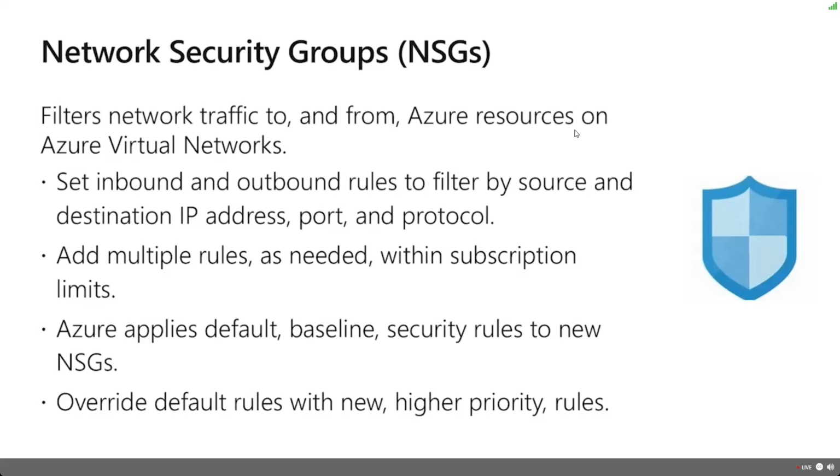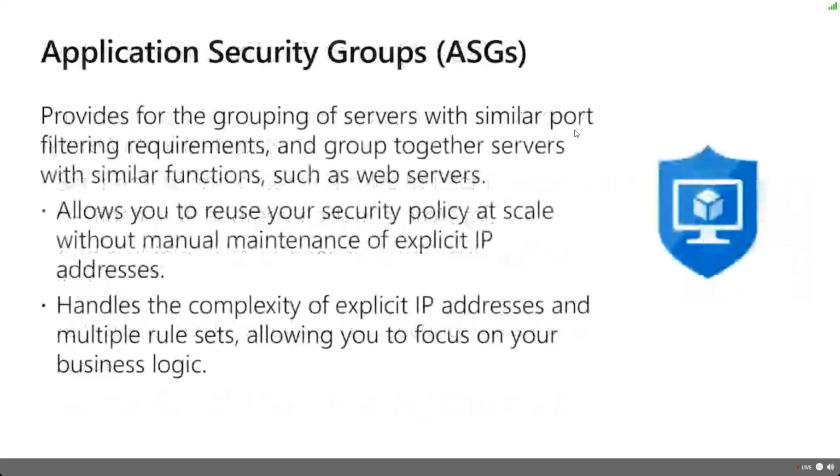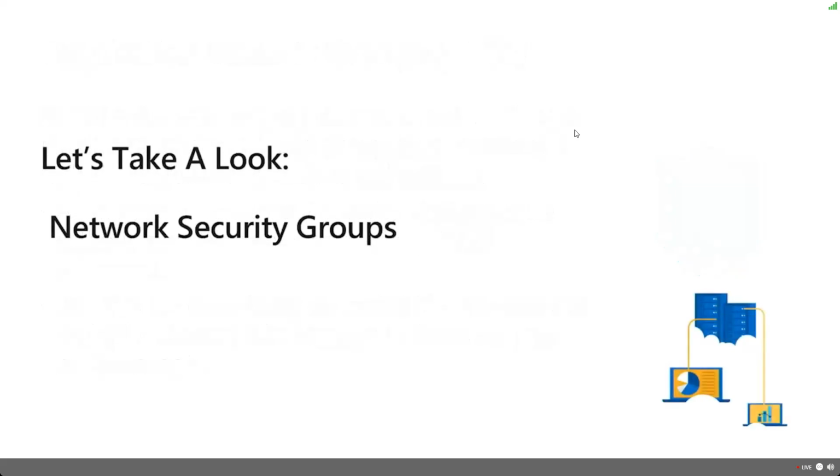We have some default rules we'll take a look at in a few minutes. As a matter of fact, we're going to talk about that because the great thing about network security groups is that we don't have to necessarily use all kinds of fancy things. We can use application security groups as a part of our NSG story. And I'm going to show you the network security groups and where ASGs come in. But the great thing about application security groups, they allow us to group computers by names. In other words, I don't have to know their IP address. I don't have to know anything else about them. I just have to put them in a group name that allows me to organize it and control flow of traffic. And when we see the network security group here in just a minute, you're going to see how application security groups can actually govern all of that. So let's take a look.